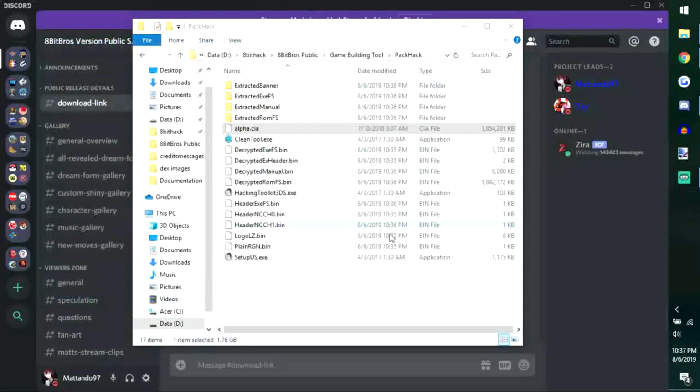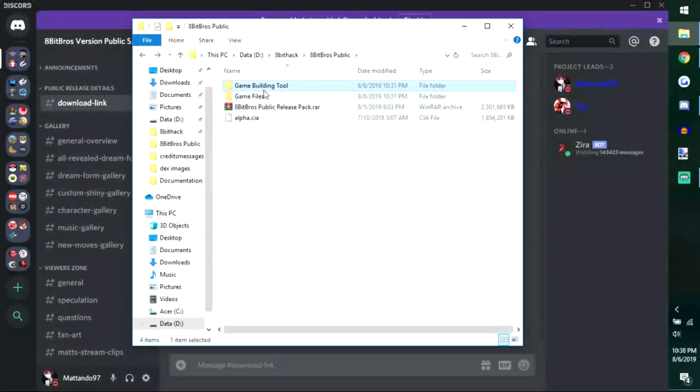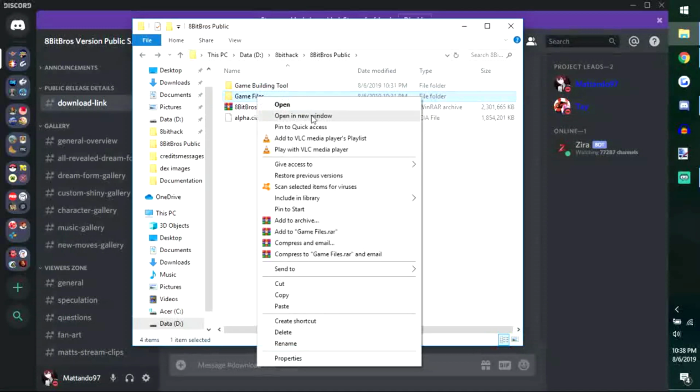And as you'll see in the folder, you'll now have a whole bunch of extra files, as well as several folders. You may have 3, you may have 5, depending on what version of the game you have, as well as if you had any updates installed at the time. However, the important ones here are going to be the extracted ROMFS and the extracted EXEFS. So, at this point, what we're going to do is we're going to go back to our folder here, and you'll see the game files folder that we had before. What you'll want to do is you will want to right click on this and open in a new window,